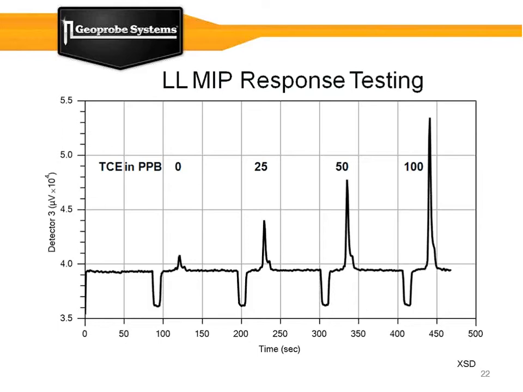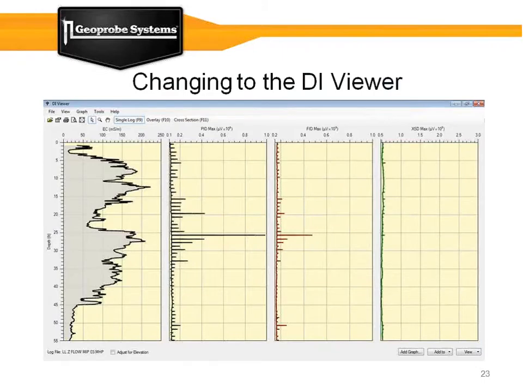The system will still improve what they can see. It's just a matter of determining what that level is that that particular system can do. So at this point, I'm going to switch over to the DI viewer, and we're going to take a look at